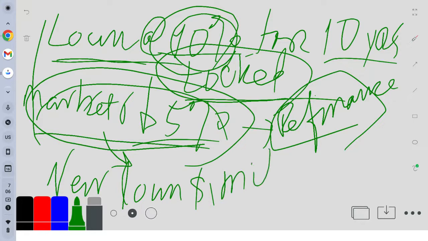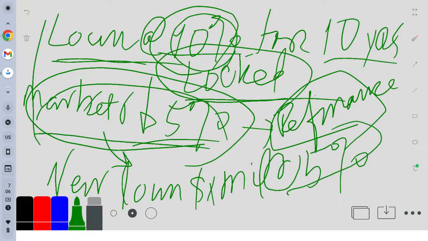1 million, right? But this time, your new loan can be at 5% because market rate has gone down, and as long as your credit score is relatively decent, you will get it at the prevailing market rate. So you got a new loan of $1 million. With that $1 million, what do you do?